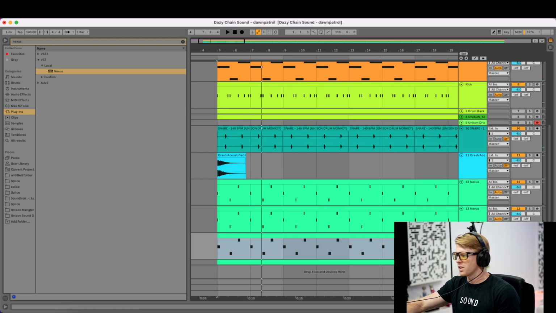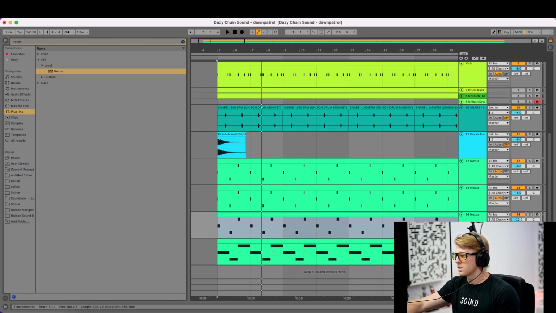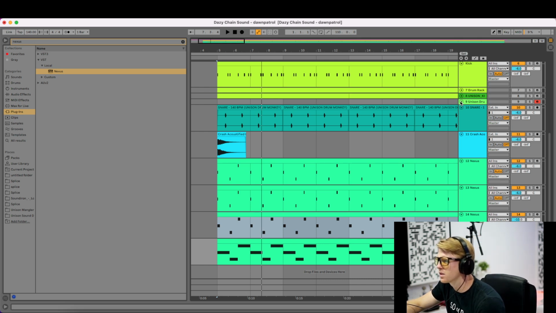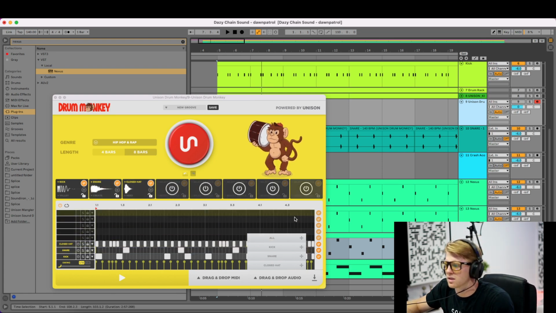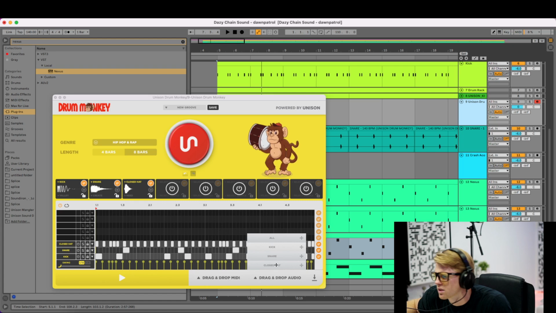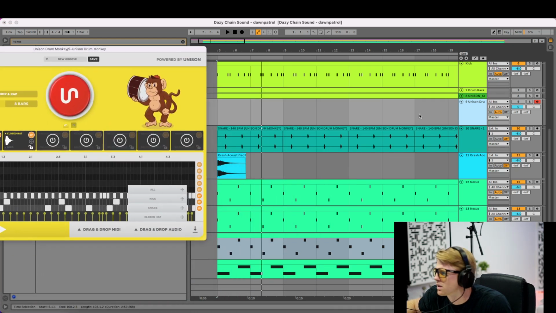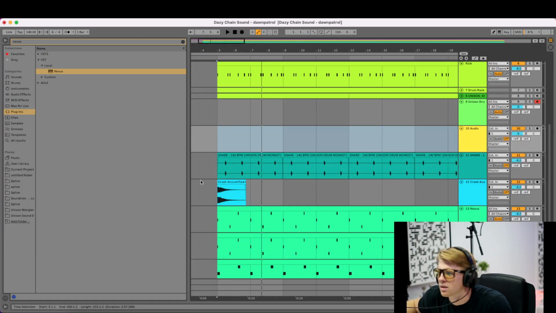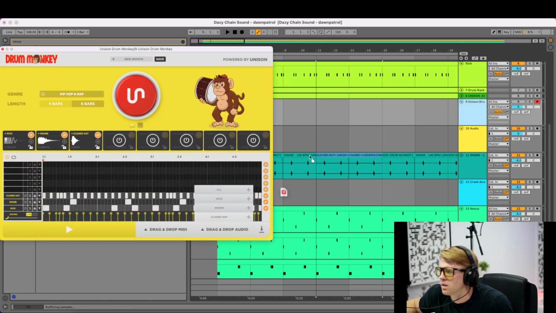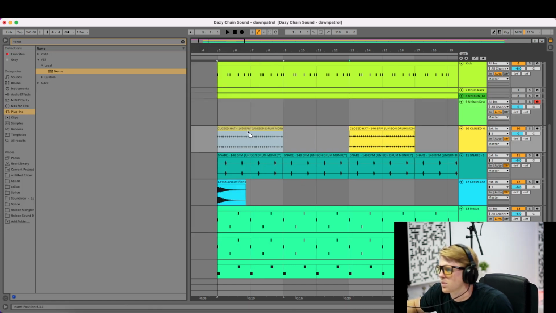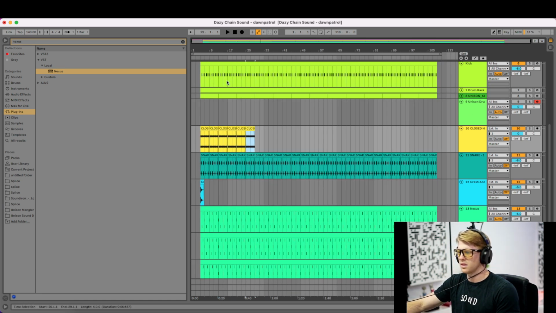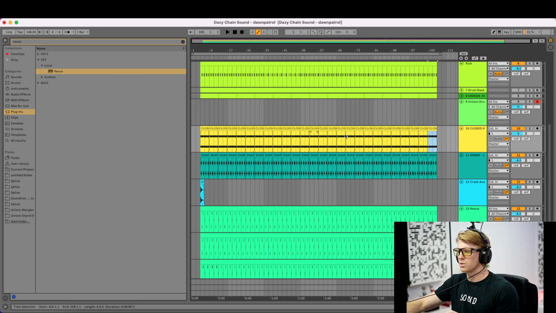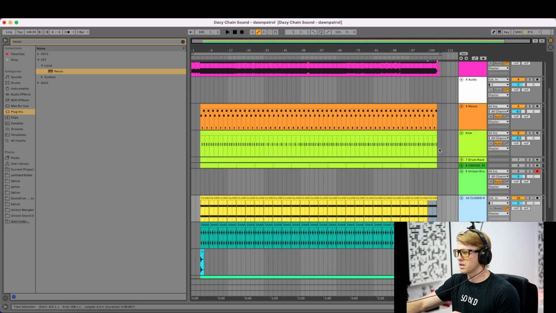And then we can come over here to our, did we get rid of Drum Monkey? No, he's still there. Let's see what this dude sounds like. We got a snare click. Let me get the closed hat from Drum Monkey. See what's going on here. Probably not going to be the one we keep for the whole thing, but it gives us a little more spice on this. And another way to spice up your